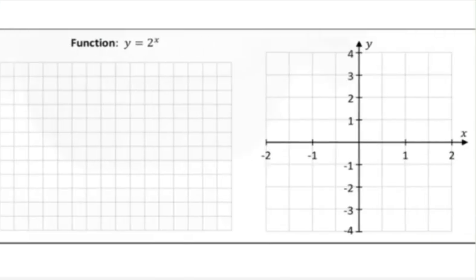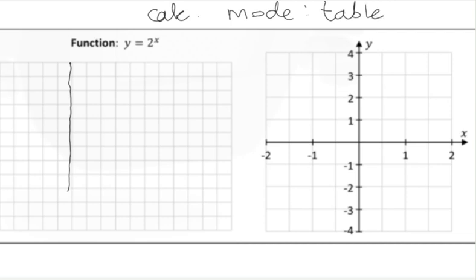We have a graph of 2 to the x. This is a past unit question. Let's do this really quickly. So I'm just going to write in the values here. So set up your table like this. If you're using a calculator, just go to this setup, go to mode, table. Okay, input